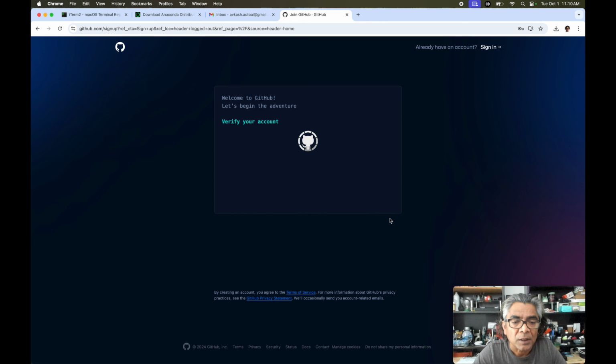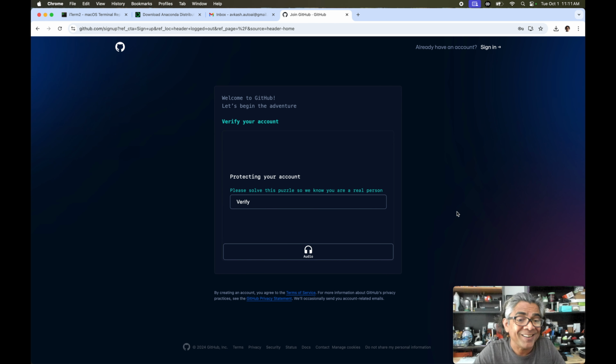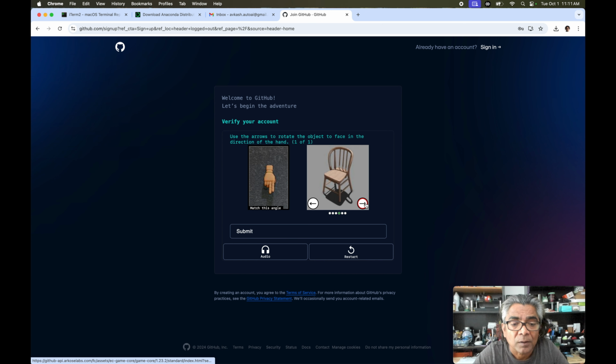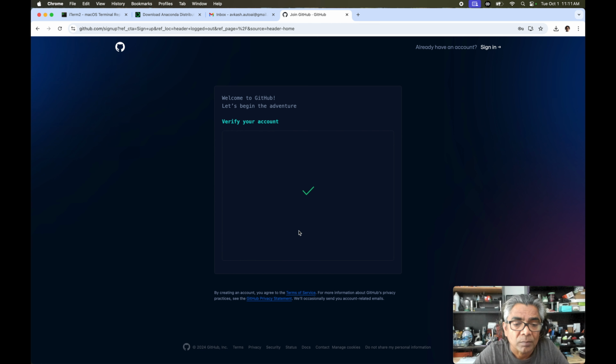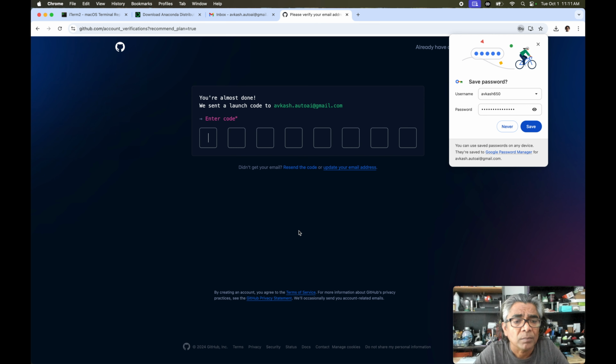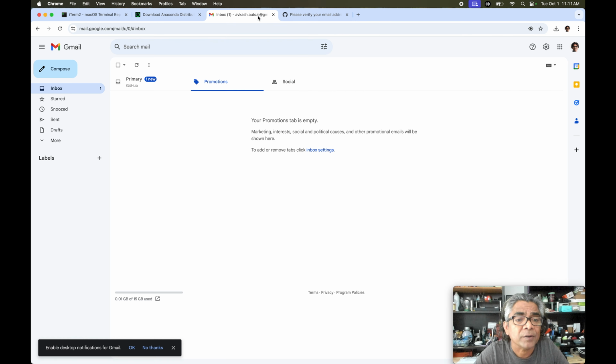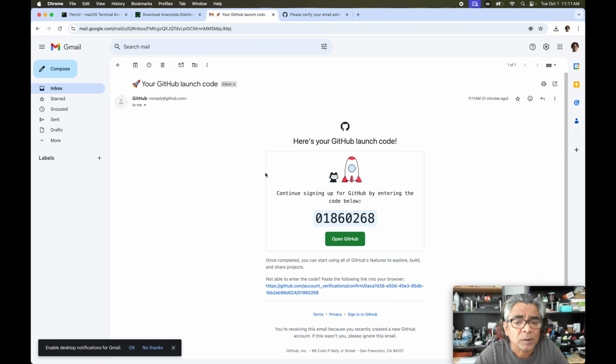preference, and because these sessions are unscripted, I really don't have time to build them and then edit them. So everything you see is whatever comes to my mind and is being done here. Okay, solve puzzle. Okay, and submit. Let's save it. Okay, code is being sent. GitHub. Okay,